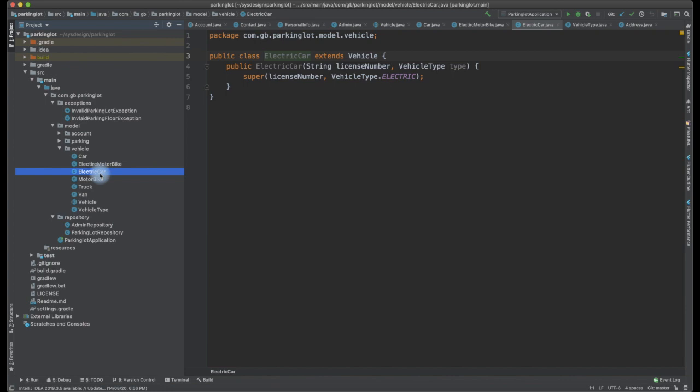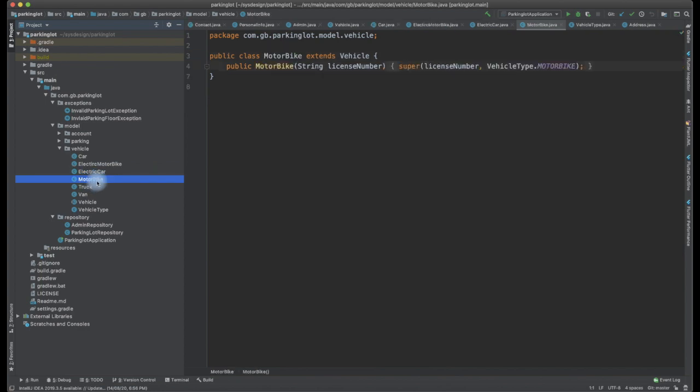So for an electric bike spot, there might be a different charge associated with it. That is why we have modeled the vehicles differently rather than simply. Even if it is an electric car, if they don't opt for charging and opt for a normal parking slot, that should be allocated. But if they specifically ask for a slot with the charging capacity, we should be able to allocate only that. That is why we are modeling car, bike, and electric separately.